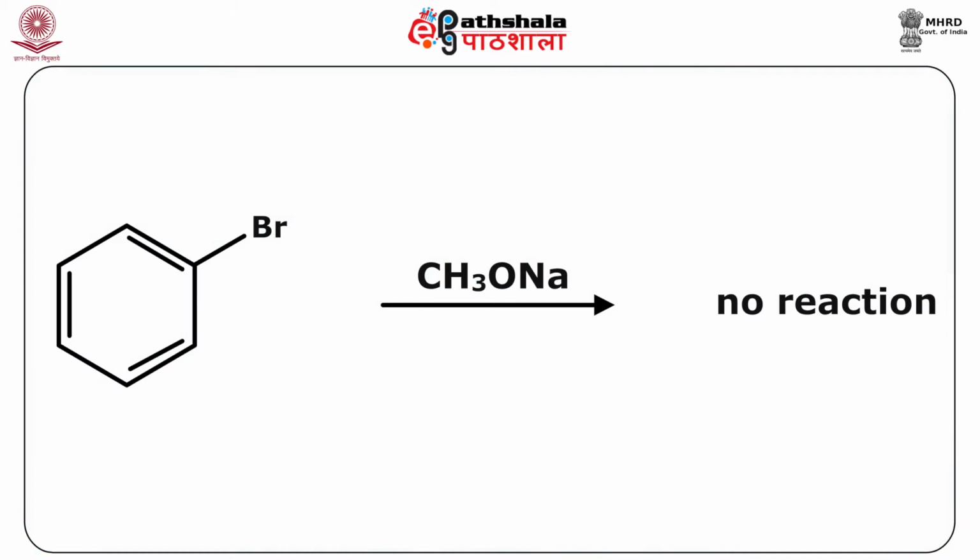Now in the previous modules we have taught you that aromatic compounds are stabilized by the aromatic stabilization energy. Due to this stabilization, normal SN2 reactions observed with alkyl halides do not occur with aromatic compounds. That is, SN2 reactions will never occur on the sp2 hybridized carbons of benzene or related aromatic compounds. For example, when bromobenzene is reacted with sodium methoxide, you will not observe any reaction.